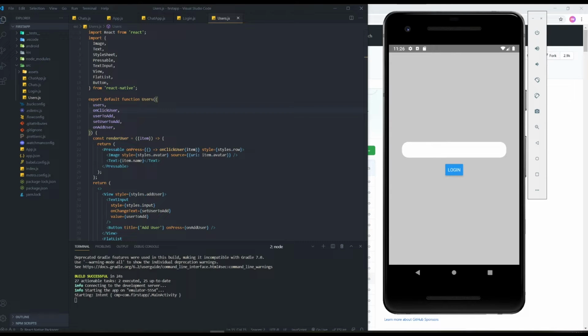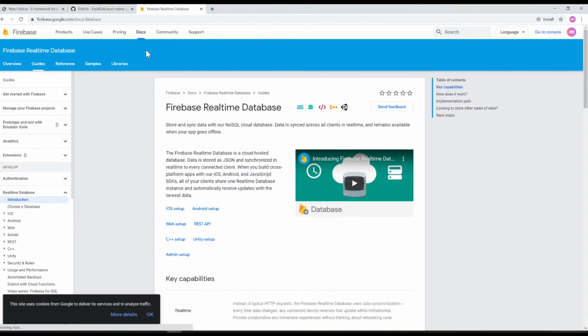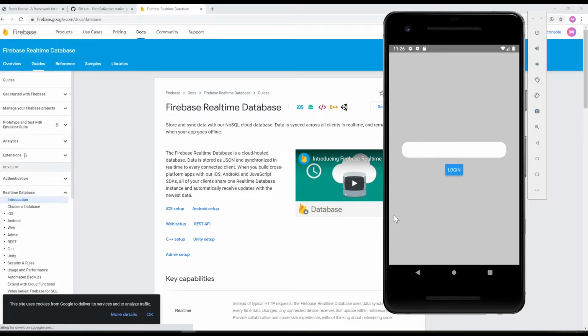Today I'm going to show you how to build a complete chat application in React Native using the React Native gifted chat library and Firebase real-time database. Actually, this is the first part of this video, and in the first part I just will be doing the